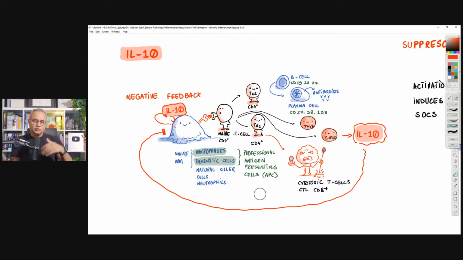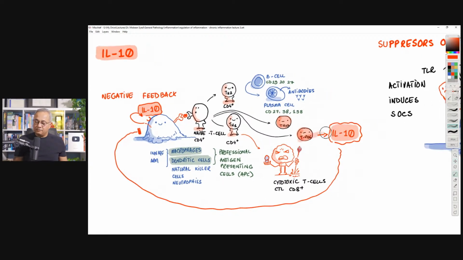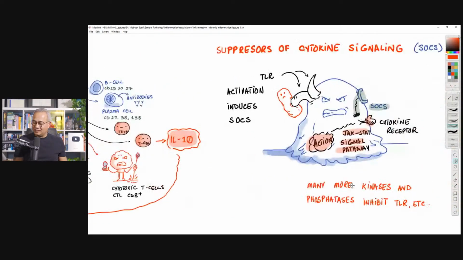There are some doctors who use this kind of information to say that the acquired arm will suppress the innate arm. There is no suppression. This is modulation. Both of these arms would continue to modulate each other and balance the function. So interleukin 10 is very important. And we once again will talk about regulatory cells tomorrow to know more about the interleukin 10.